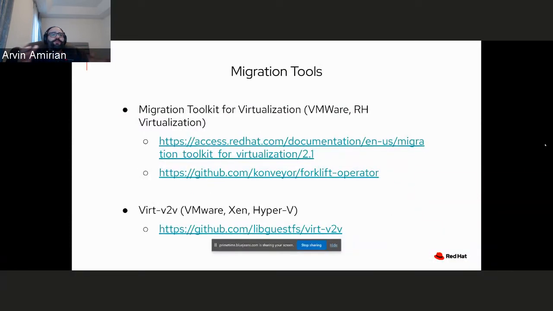So to get your VM into OpenShift, there's a couple of different ways. One of them is that the Conveyor community has an operator called Forklift, which helps you migrate from VMware and Red Hat Virtualization directly to OpenShift. And this is also encapsulated in the Migration Toolkit from Red Hat. This is the Red Hat offering for the Forklift operator,